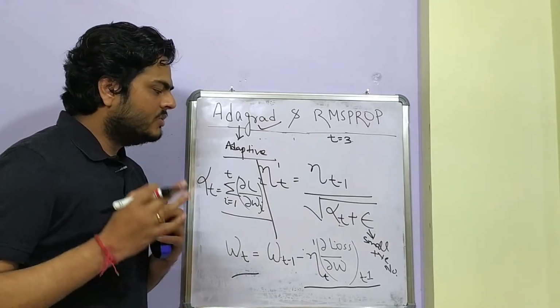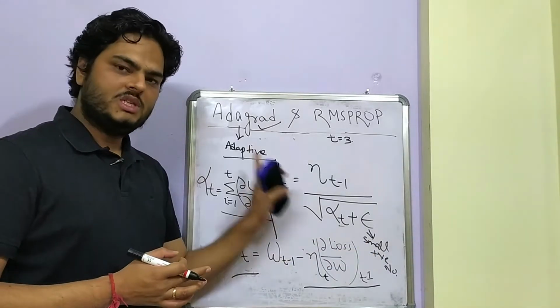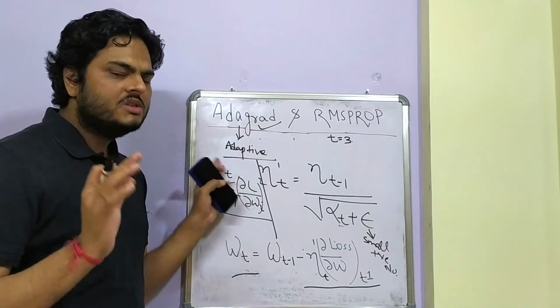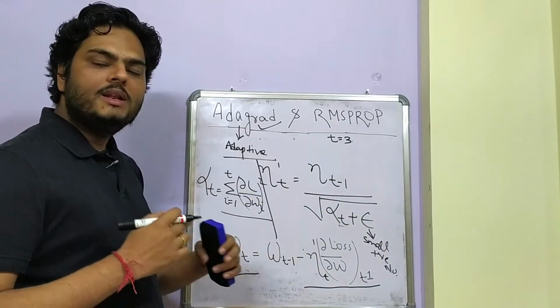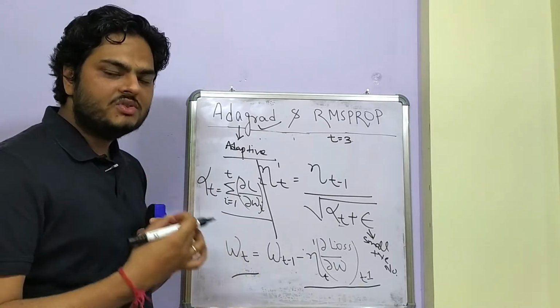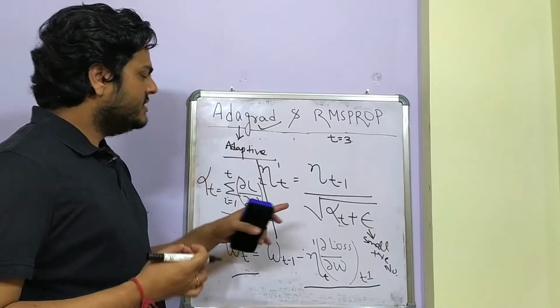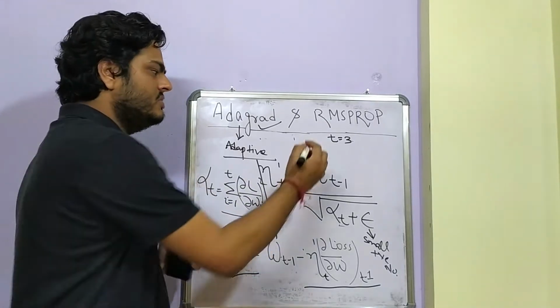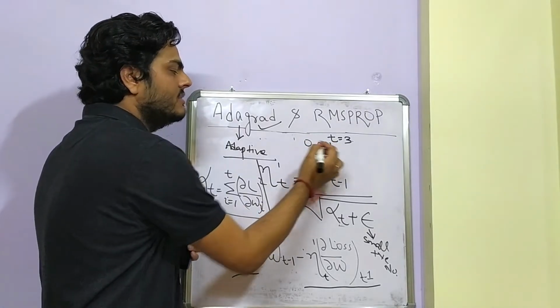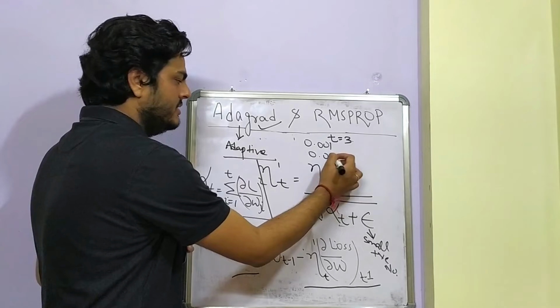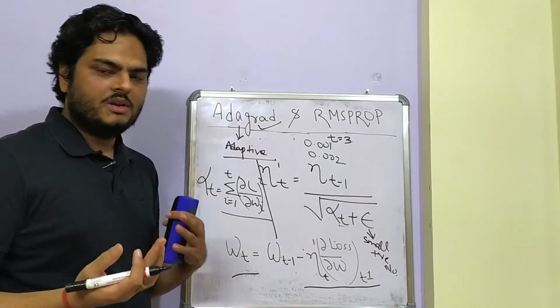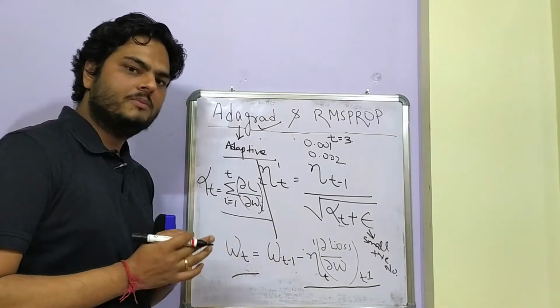We do not want that to happen, hence we add a small positive number here. So this is how in adaptive gradient, your learning rate will change in every epoch. In the first epoch your learning rate might be, let's say, 0.001. In the second epoch it may automatically become, let's say, 0.002. It is possible, positive or negative, any side movement.